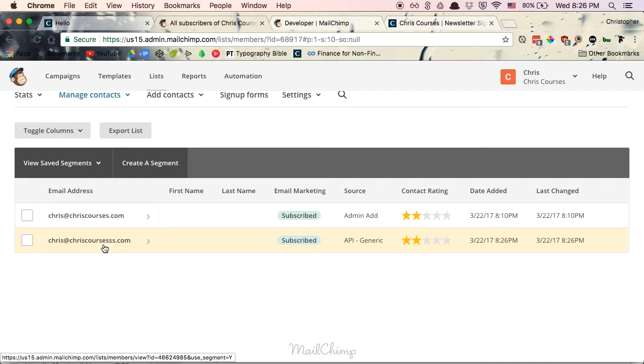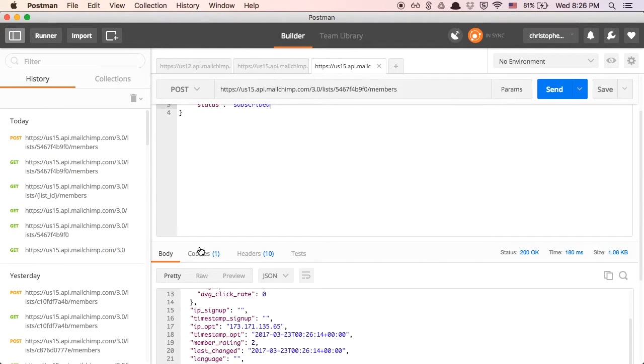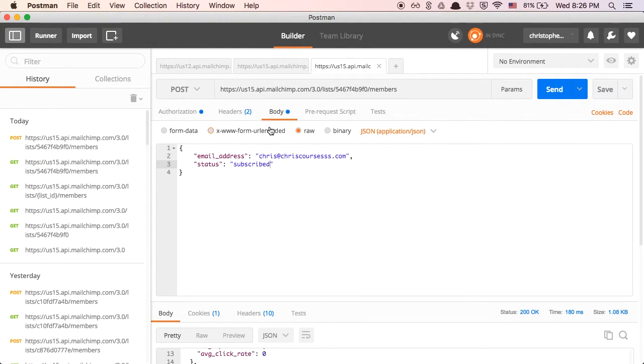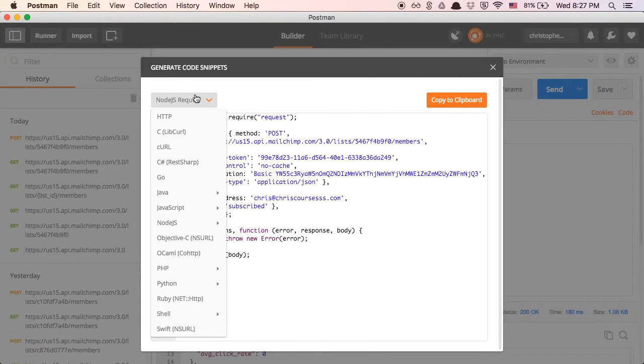Now, how do we do this? Well, Postman makes it really simple. Let's head on back over here. We already have all the data and configuration that we need in order to make a post request. So to get the code for this, we're going to head on over to this code button right here, click it, and you can see that we can get code for this request in a bunch of different languages,